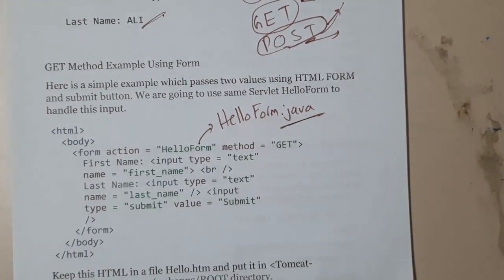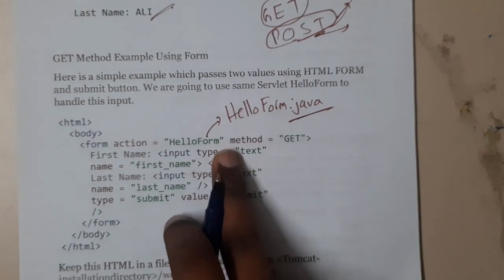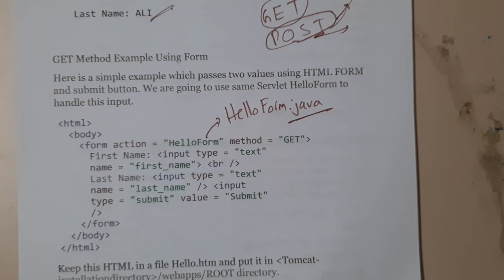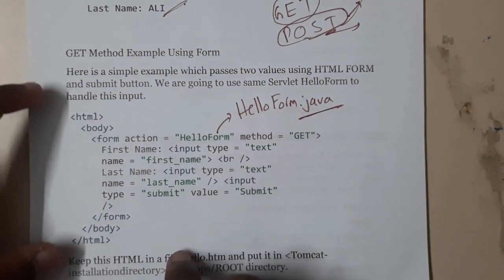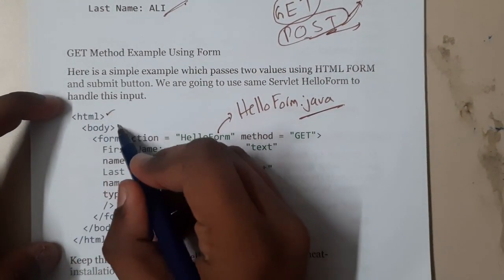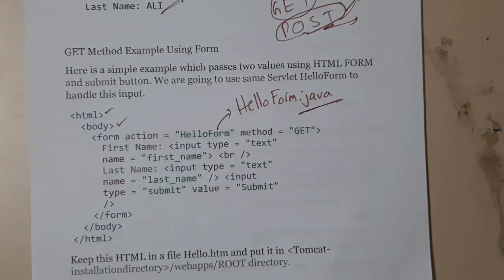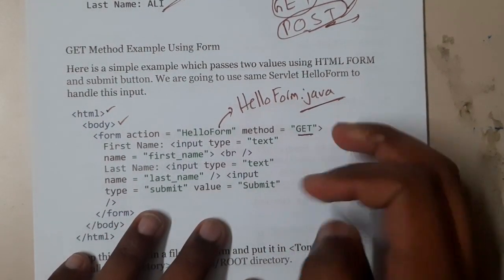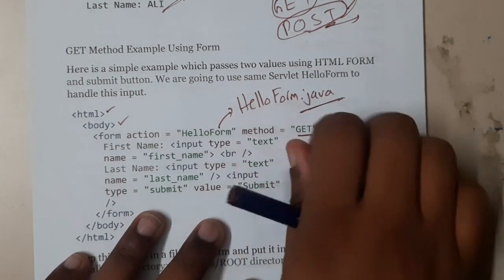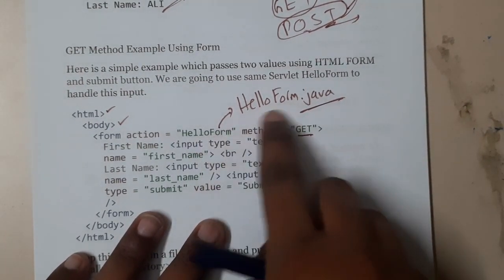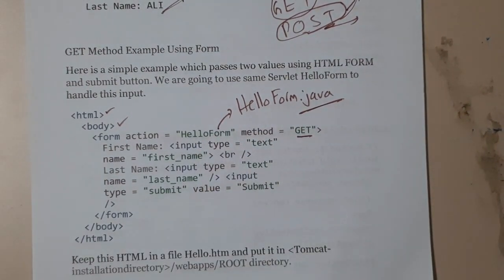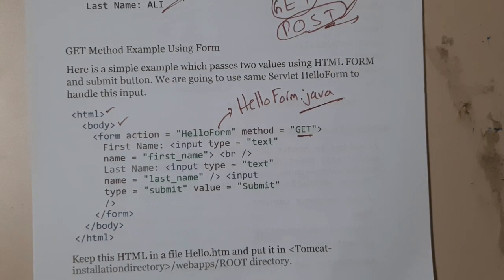Dot java is not mandatory to write here, but sometimes developers write it. Even I used to write it when I was initially writing these kinds of codes. Initially you'll be writing the HTML body, inside the form you'll be writing the action, like what it should do. The action method is get, so it is going to collect the data from there using that Java code, in which you wrote the process.